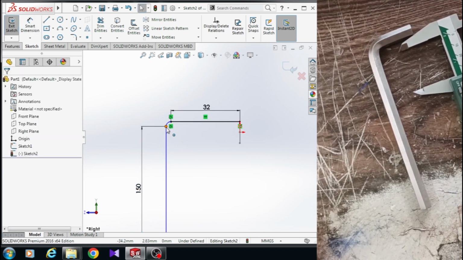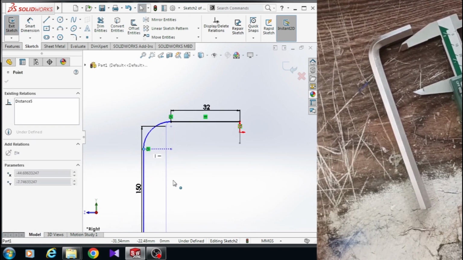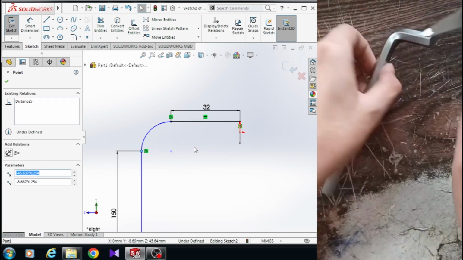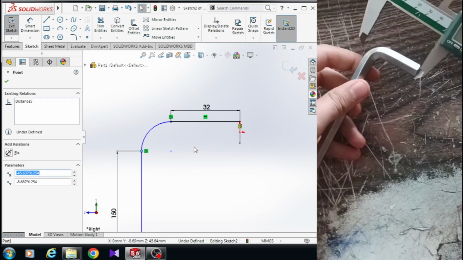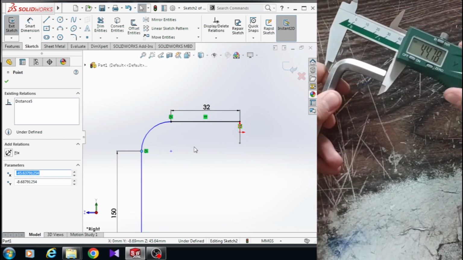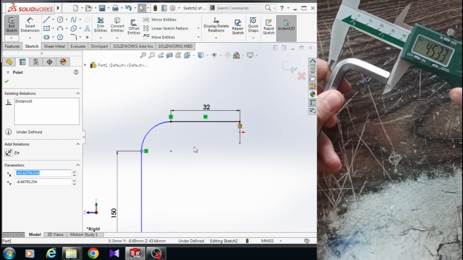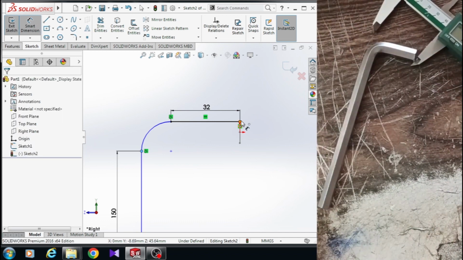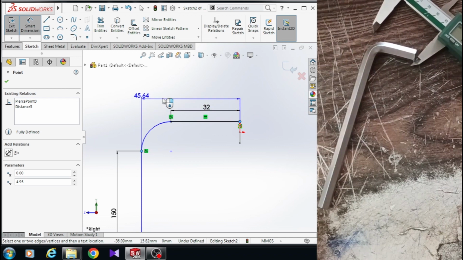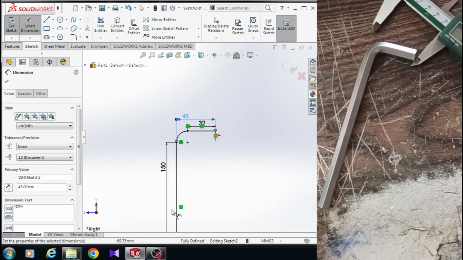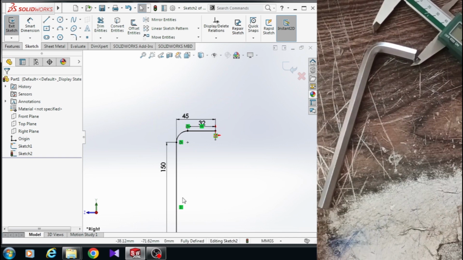So the sketch is not still fully defined because it is still moving. So here the dimension of this line is about 45 millimeters. Yes, the dimension from this point to this point is 45 millimeters. So you can see the sketch is black, and here our sketch is fully defined. Now all you have to do is just to